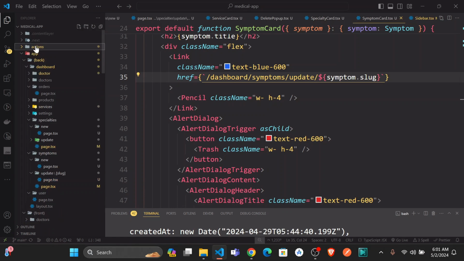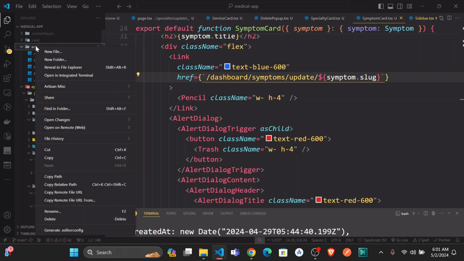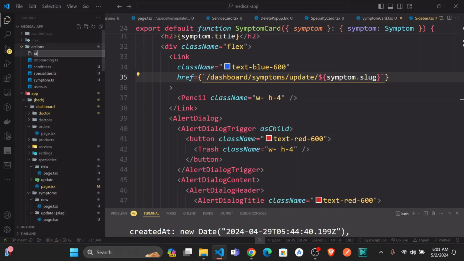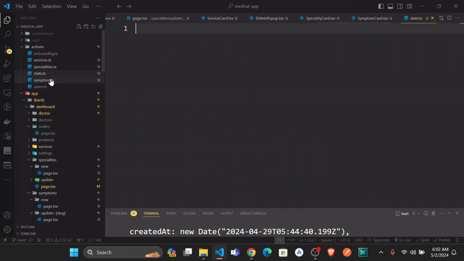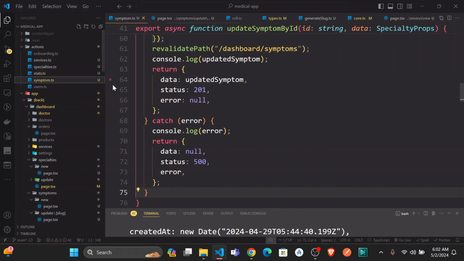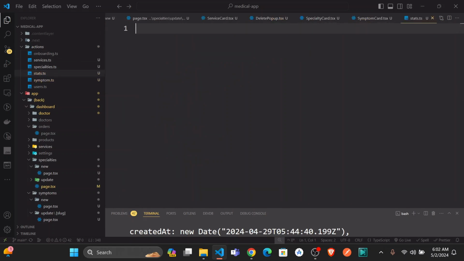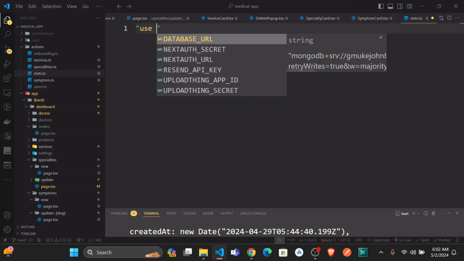Okay, I'm just going to create a new server action, and I'm just going to call it stats.ts. Now you could just go ahead and copy some of these things, but you don't need to copy any. Just say use server,